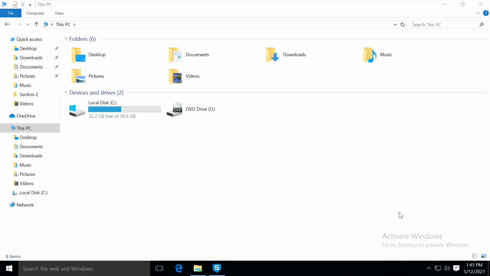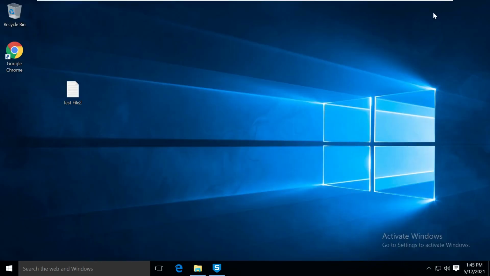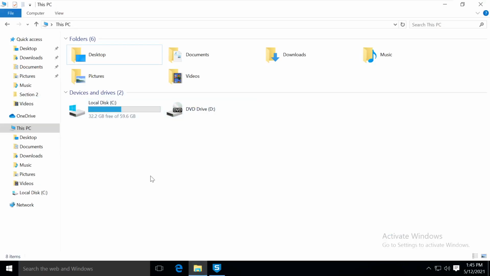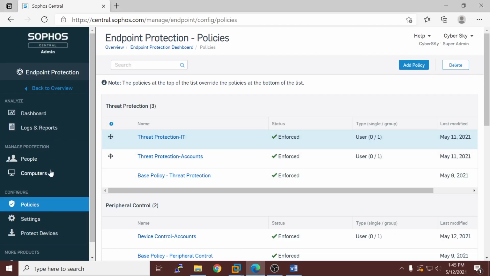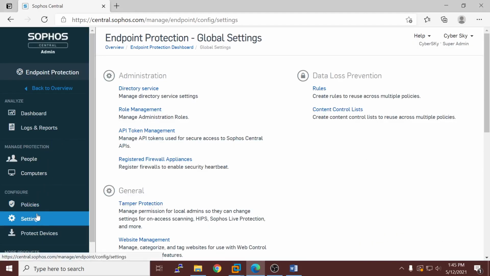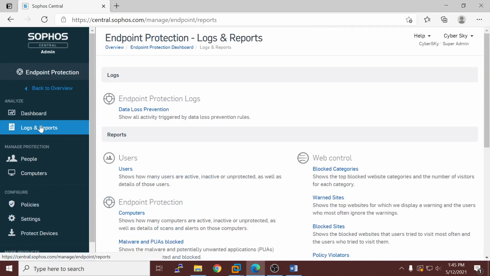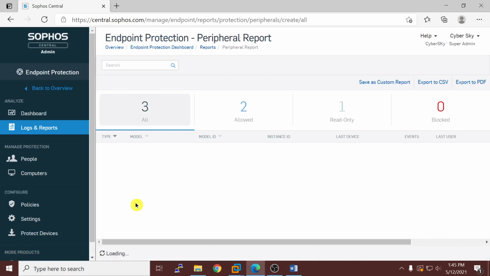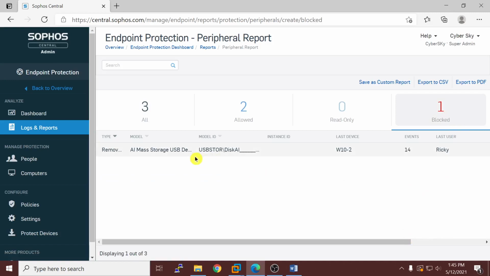Okay, then let me come to this PC again. Let's wait. So we cannot see any device here because that device is blocked. Okay, so if I come to this logs and report, then peripheral, you can see one device is currently blocked, and this is the device, and you